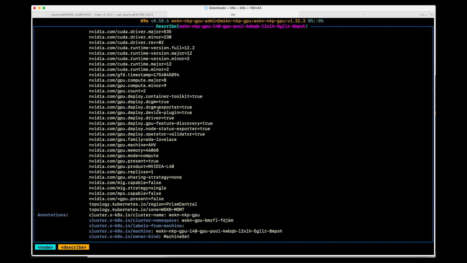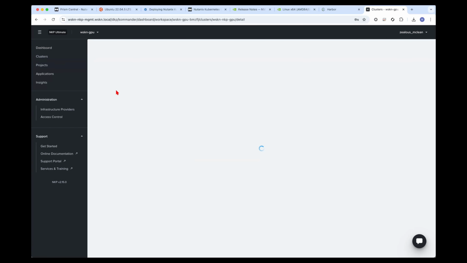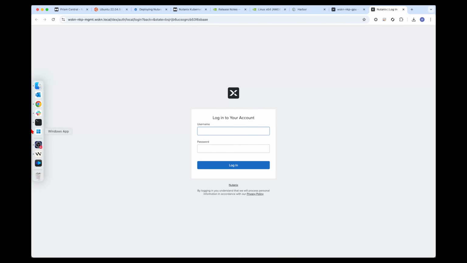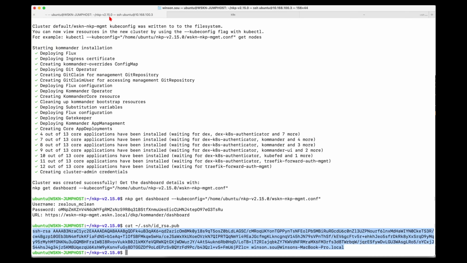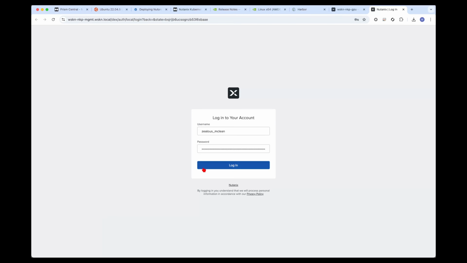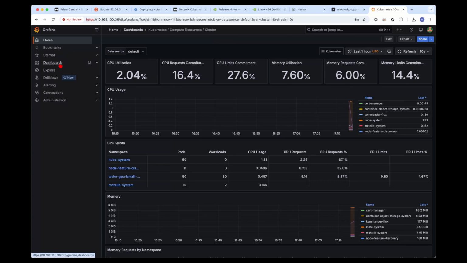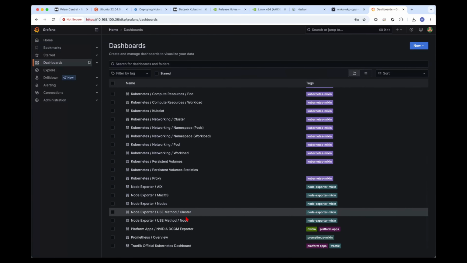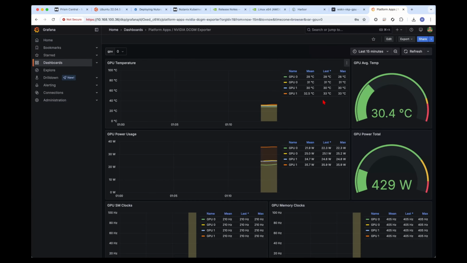Right? So we can open up the Grafana page as well. It's going to ask me to log in. You can just use the same username and password that I was provided earlier. And if you go to the dashboards and search for NVIDIA, we can see the GPU